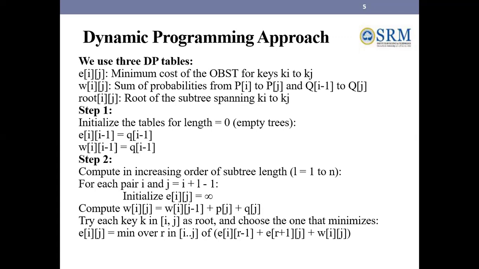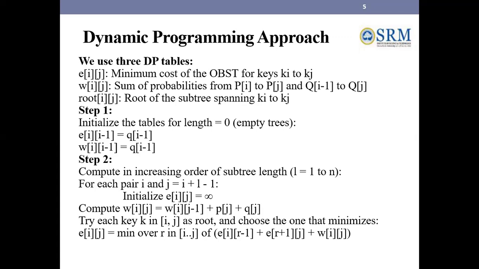Initially, step 1, initialize the tables for length equal to 0. This is an empty tree. So E of i comma i-1 is q_{i-1}, and W of i comma i-1 is q_{i-1}. Those are the initial values. The probabilities given in the problem are taken, and we compute in increasing order of subtree length. So initially the tree is empty and we are going to construct a tree for length l equal to 1 to n, and for each pair i and j,